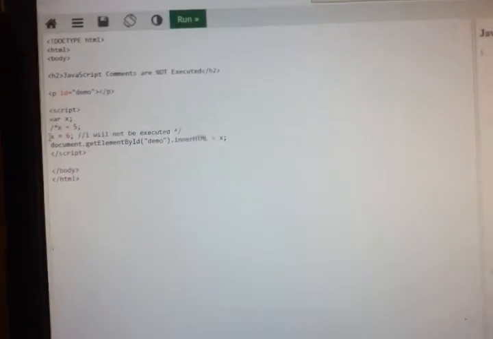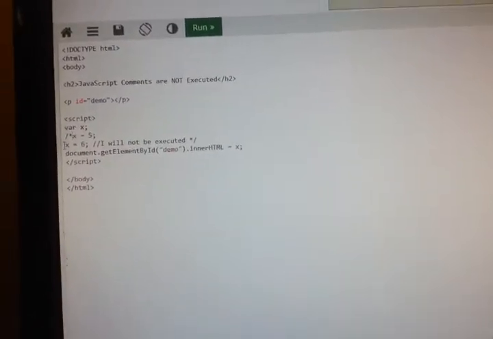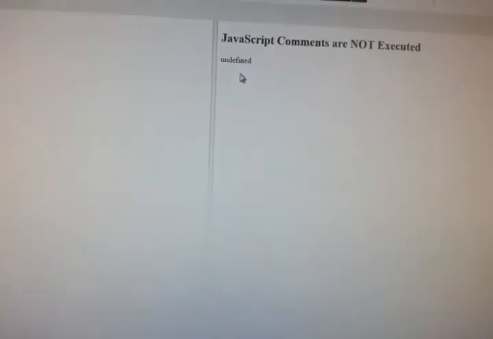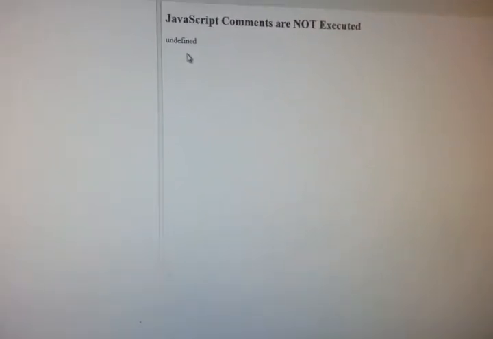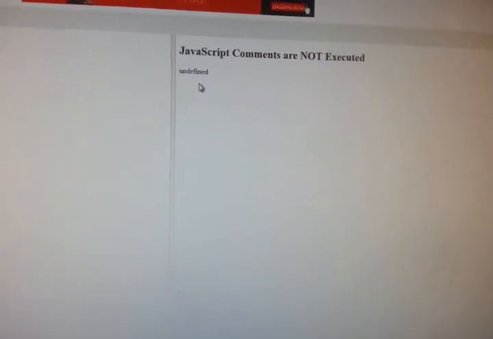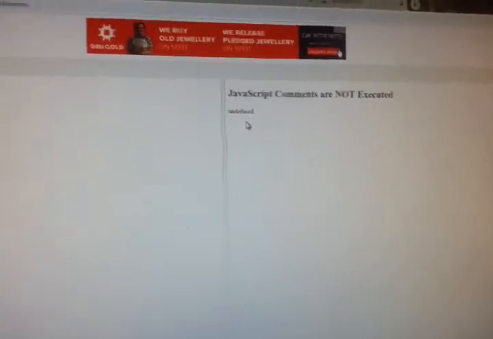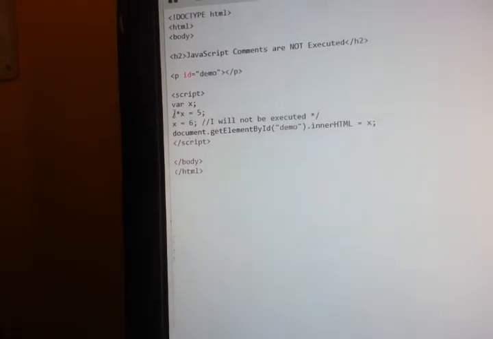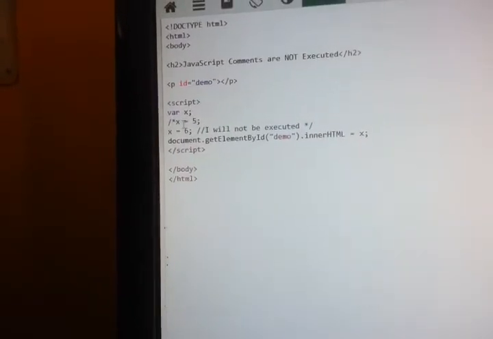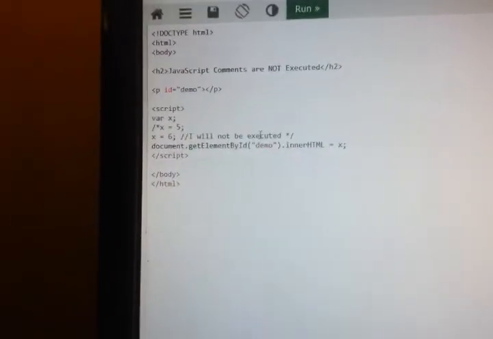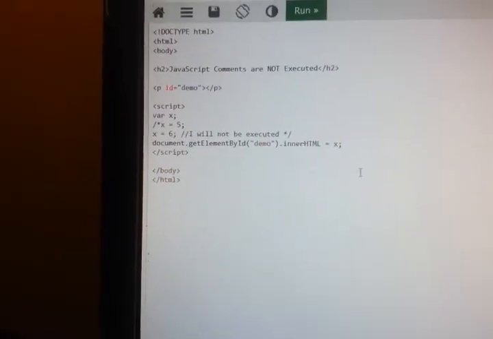let us see, we have declared but we haven't given a value. So what will be the default value? The default value is undefined. So x we have declared but we have not given any value. Initialization is not done, so it has given undefined. Why? Because I have put it in comments, even though I have defined it, that is not considered, meaning it is not executed. So x I got as undefined.